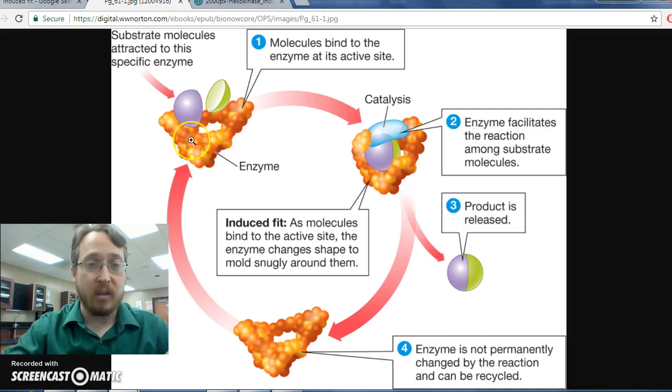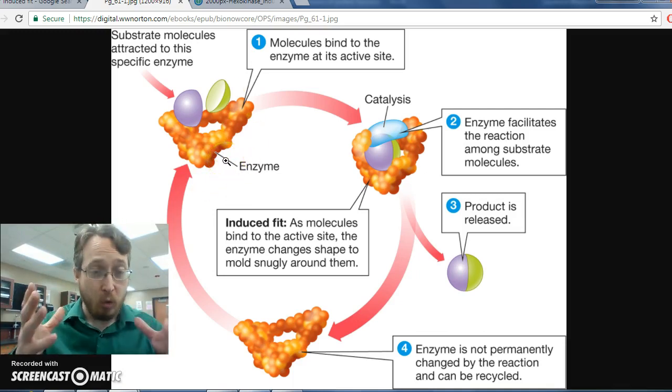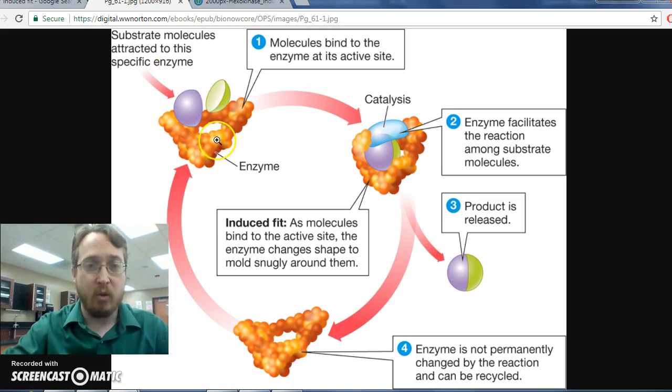In this case, this is an enzyme that undergoes synthesis reactions, so it will take two target particles, and so it attracts two target particles based on their shape and polarity to the enzyme. Well, next we have